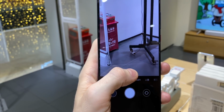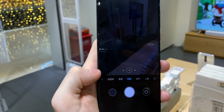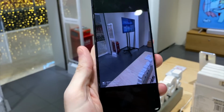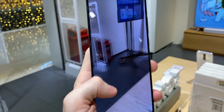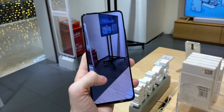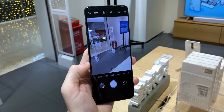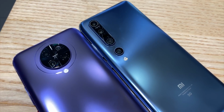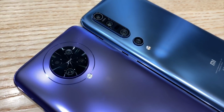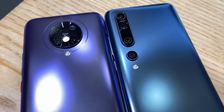But in any case, this is without a doubt the cheapest Snapdragon 865 phone you're going to get right now. And so I think the omission of a few things, for example, a zoom camera or the very latest RAM and storage, would be accepted by a lot of people that were looking at a very affordable way to get into the flagship chipset. Also, the macro image sensor that they've included on the Redmi K30 is apparently extremely good and different to a lot of others. It takes incredibly close images,